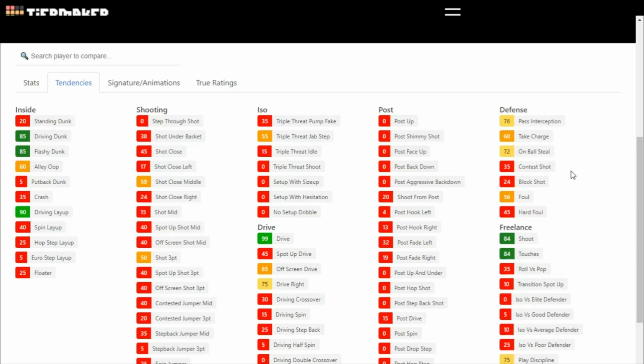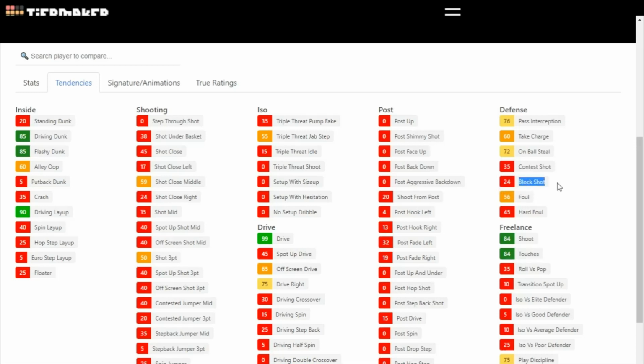Contest shot basically means how often the CPU is going to put a hand up when a jump shot is taken. That's also super important, especially if you're not great with your rotations. Like if you're playing against someone who's running 5 out and they're chucking the ball all over the place, doing 67 passes per possession, sometimes it's kind of hard to keep up with that and actually get over to the player who's about to shoot the jump shot. So having guys with high contest shots, they'll go up and play CPU defense on it and put at least a little bit of contest on it.